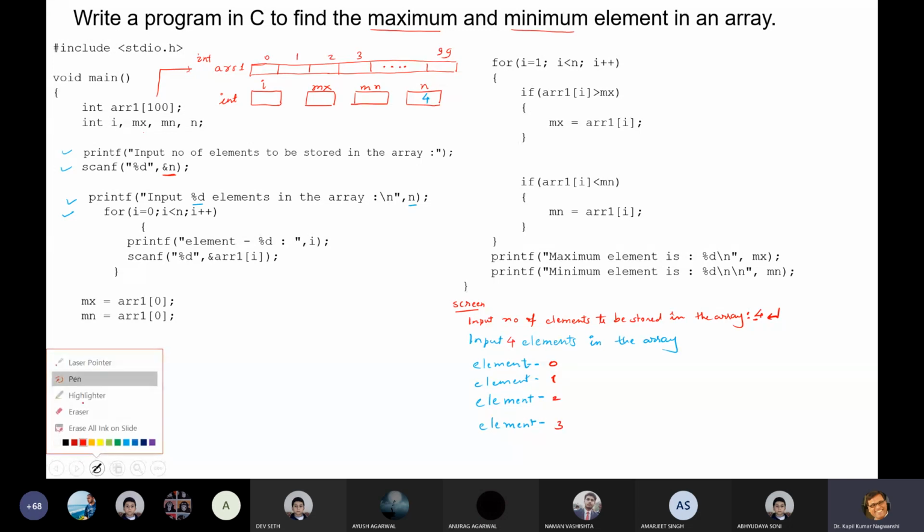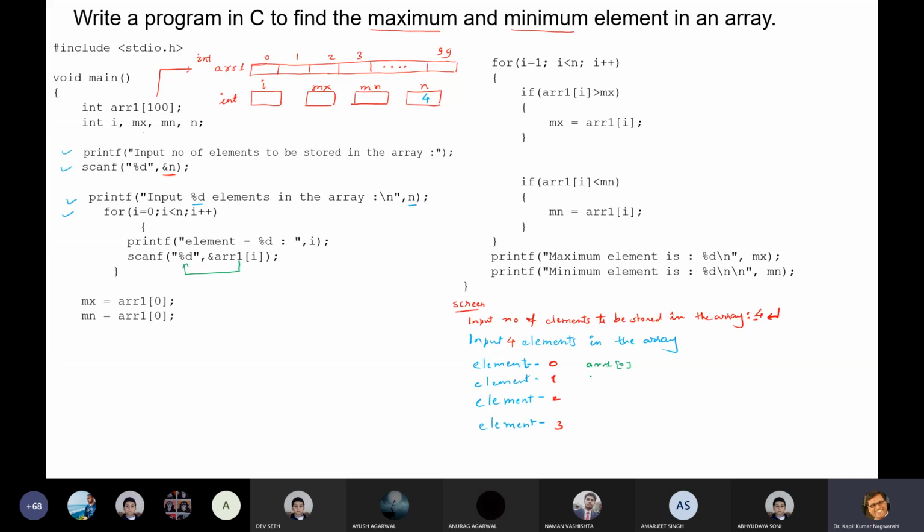Now for the 0th iteration of i, what will it accept? It will scan the element for array 1, so now array 0. arr1[0] equals to.